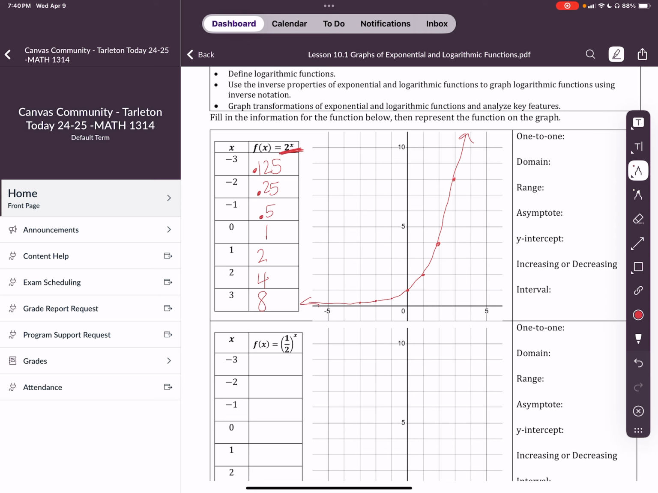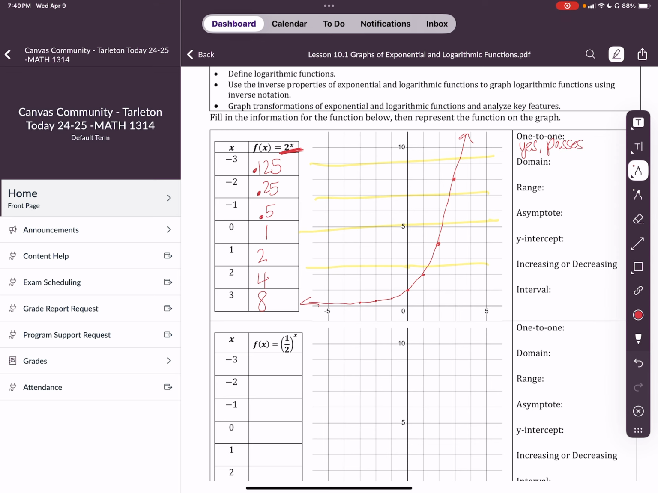So is it a one-to-one? What is the domain? What is the range? Asymptote, y-intercept, all that. As a reminder, the way that we see if it's a one-to-one is that we do a horizontal line test. And of course, I'm doing multiple horizontal line tests here, but it does pass the horizontal line test. So is it one-to-one? Yes. And it's because it passes